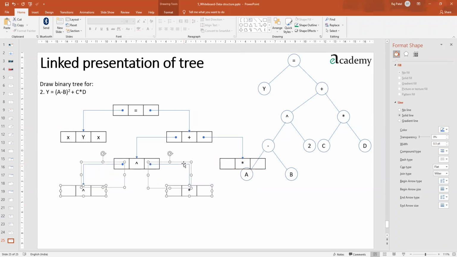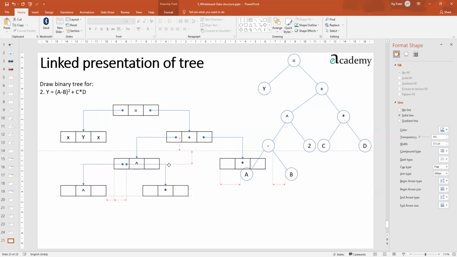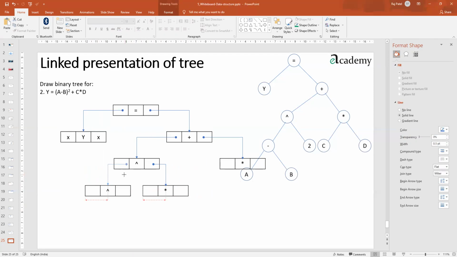It may happen that you lack space, so you can also reduce the sizes. So the same I am going to do now. I'll bring it very much closer. Yeah.